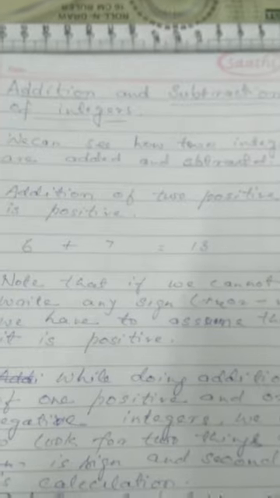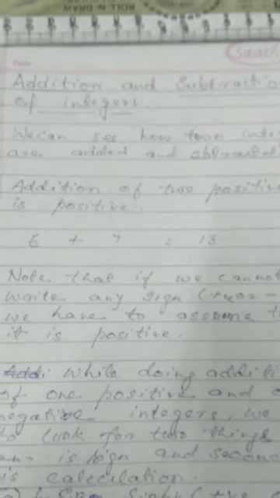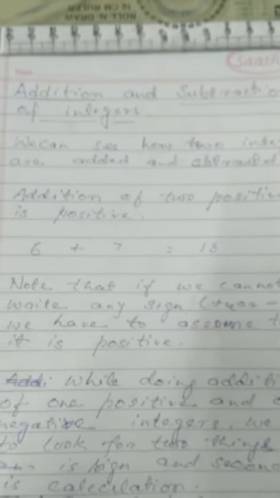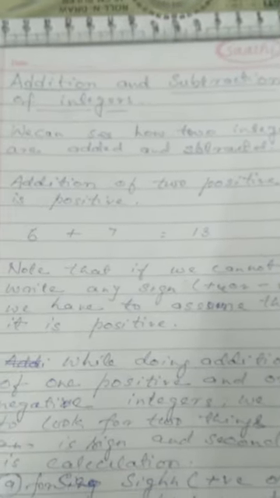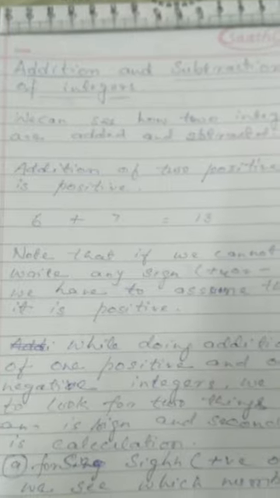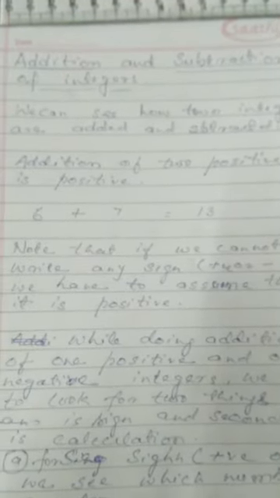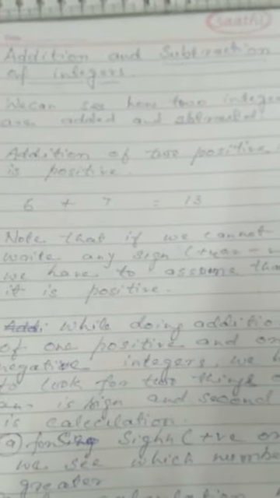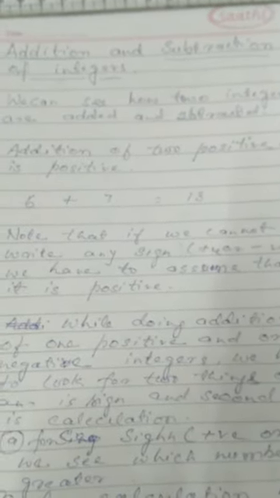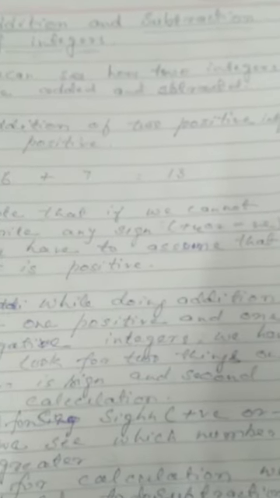After multiplication and division of integers, we come to addition and subtraction of integers. We can see how two integers are added and subtracted. Addition of two positive numbers is a positive number. Note that if we do not write any sign, positive or negative, we have to assume that it is a positive integer. While doing addition